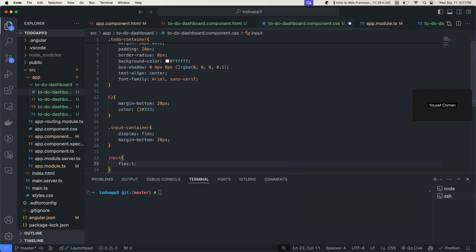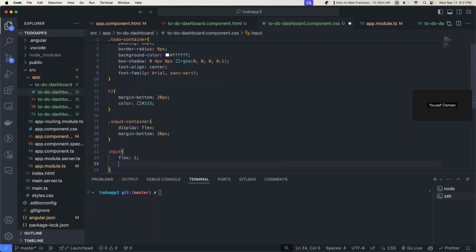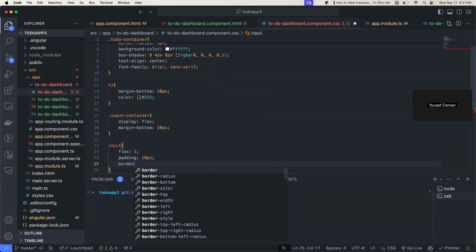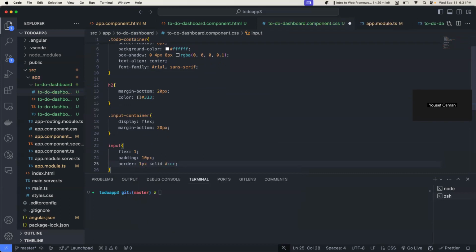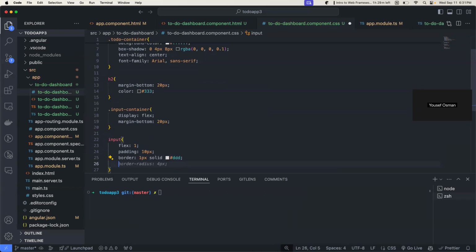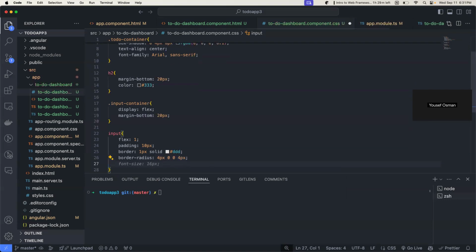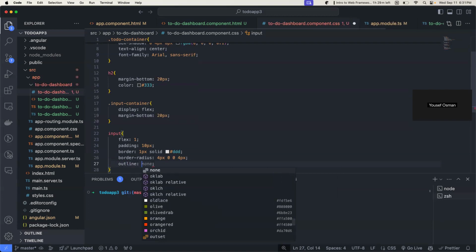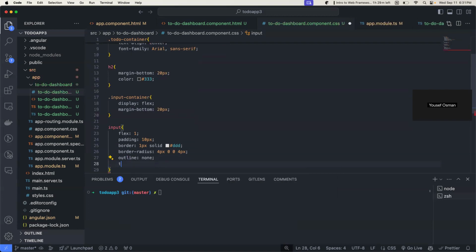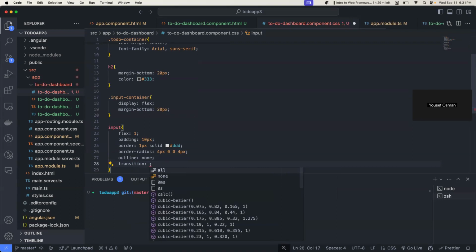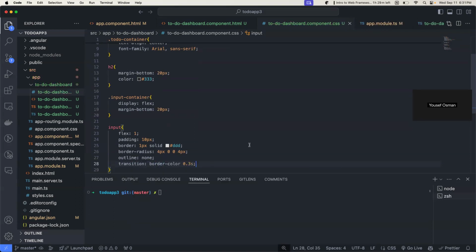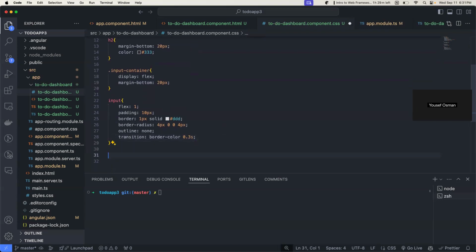It's gonna have a flex of 1. Padding. It's gonna add about 10 pixels of padding. Want there to be some border, 1 pixel solid. Don't put CCC, you're gonna put DDD. We don't like C's around here. Border radius, 4px, 0, 0, 4px. And then we want an outline of nothing. Don't want nothing there. Transition, border color, 3 seconds. All right. We'll add an input